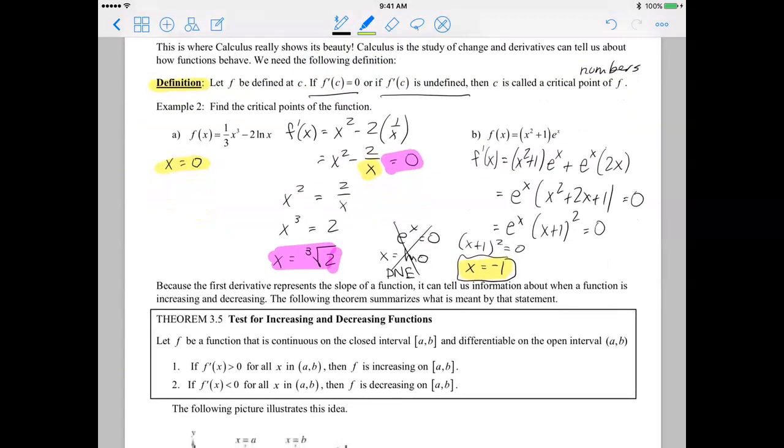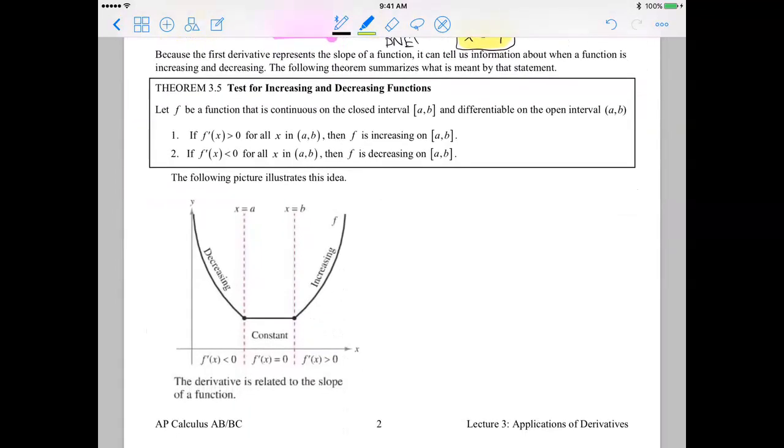Okay, so because the first derivative represents the slope of a function, it is able to tell us whether a function is increasing or decreasing on a particular interval. So that's what this theorem 3.5 says: if f prime is greater than 0, another way to say that is if f prime is positive, then f is increasing. And that should make sense to you, because if f prime is positive, that means the slope of the tangent line is positive, and so the function should be increasing. Secondly, if f prime is less than 0, or we could also say negative, for all x in AB, then f is decreasing